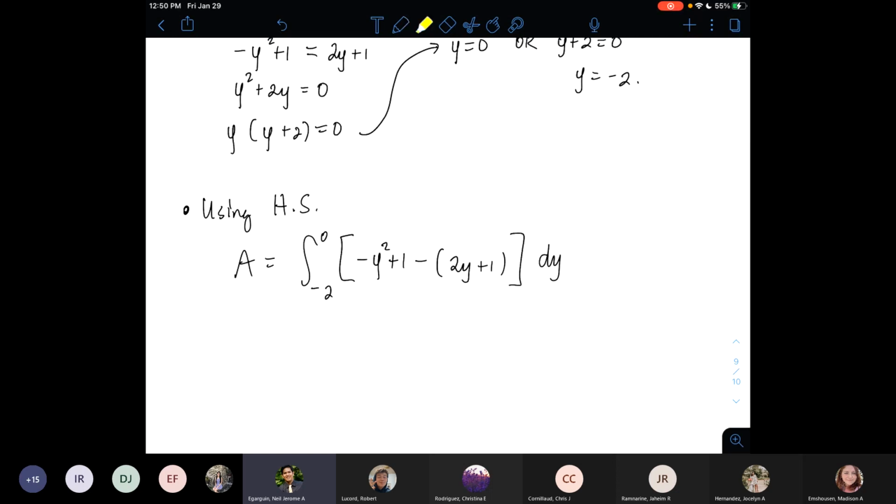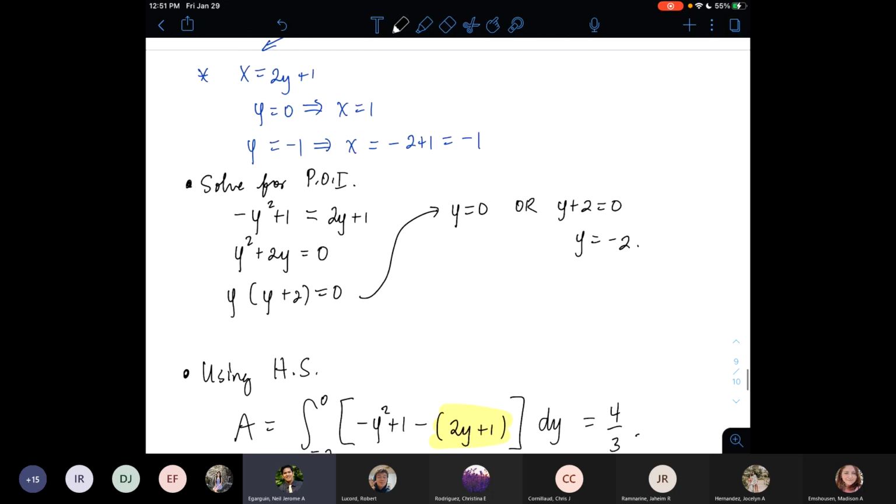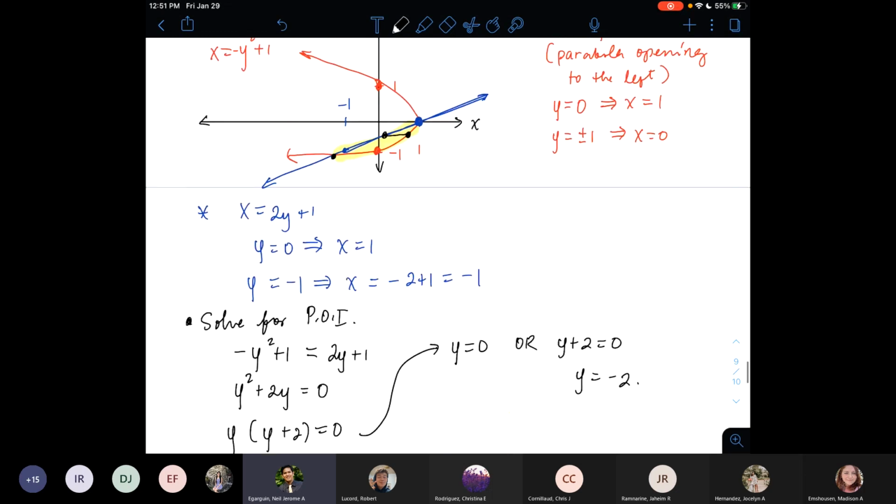Just remember, be careful with the grouping symbols. The entire second function, or the entire left function, must be enclosed in parentheses, again, so that you won't forget to distribute the minus sign when you evaluate the integral. All right. Then if you perform the integration here, you will get 4/3. Now, do you think there would be a big issue